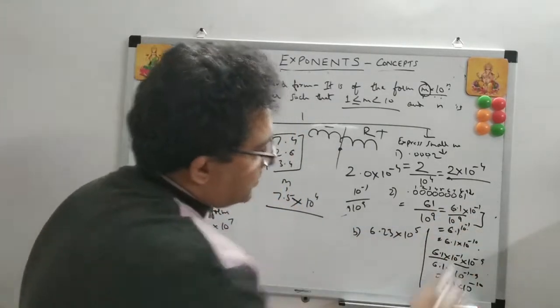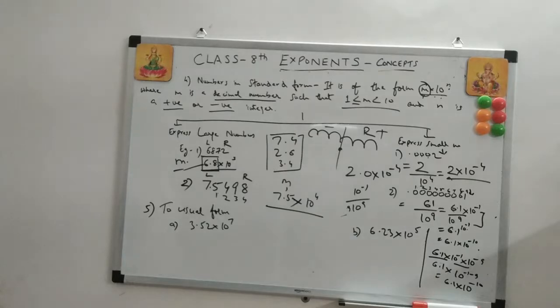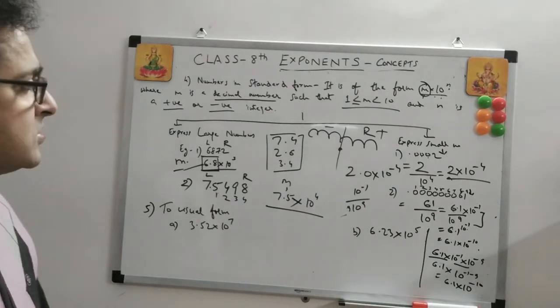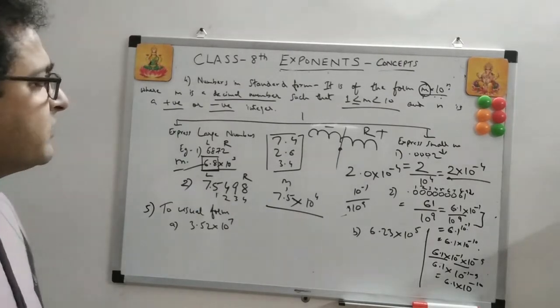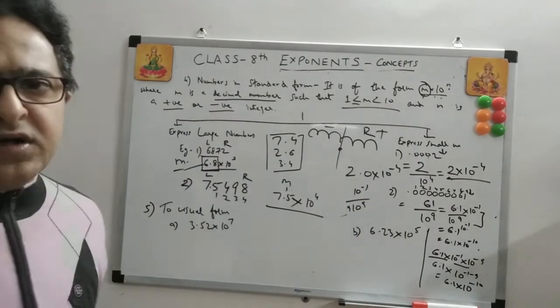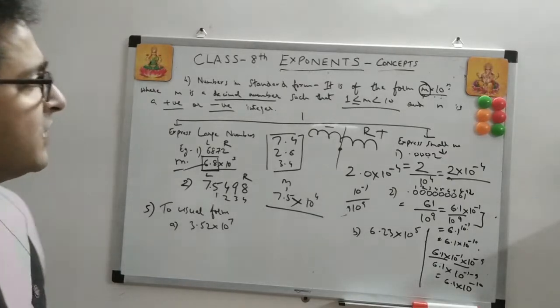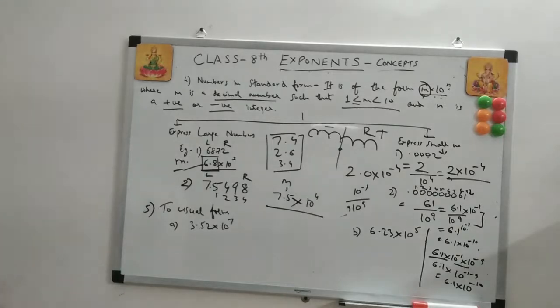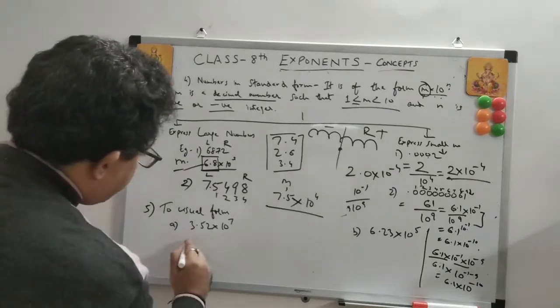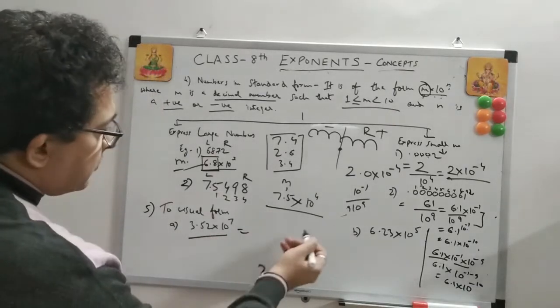Minus 1, minus 9, just 10 to minus 10. Clear? So this is basically a standard form where there can be a large number and where there can be a small number in the decimal form. We have to convert this into this form, m into 10 to the power minus n, right? Now there is one more form, which is the usual form. This is a standard form given and we have to put it in the usual number form.